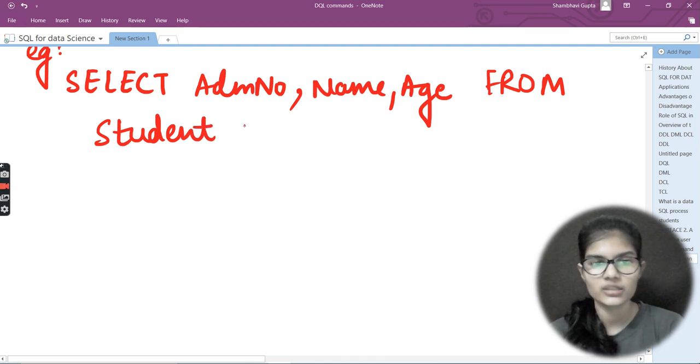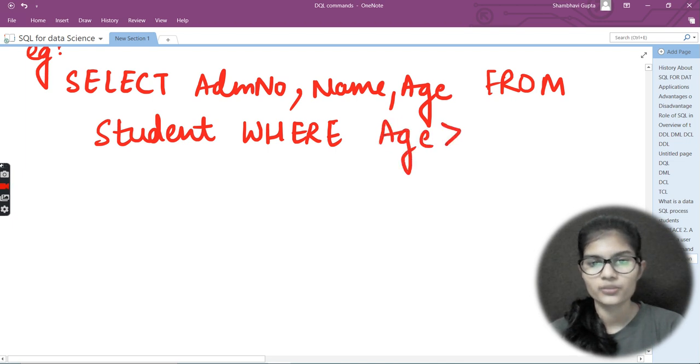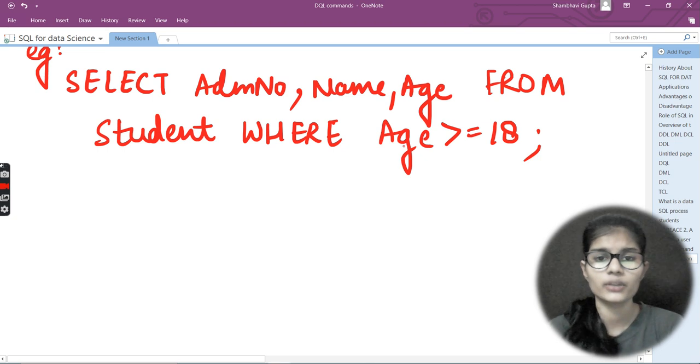What's the condition I want to put? Using the WHERE clause, let's say my condition is that age should be greater than or equal to 18.